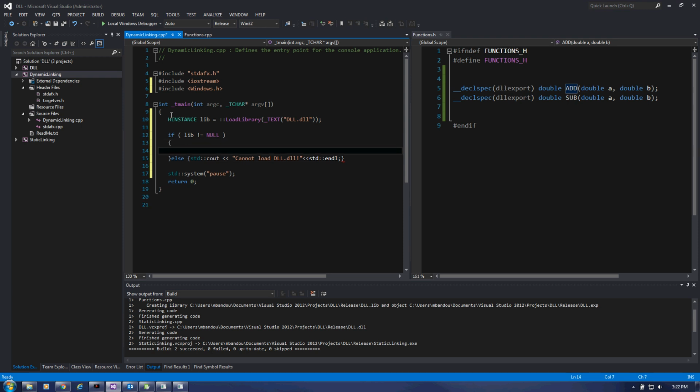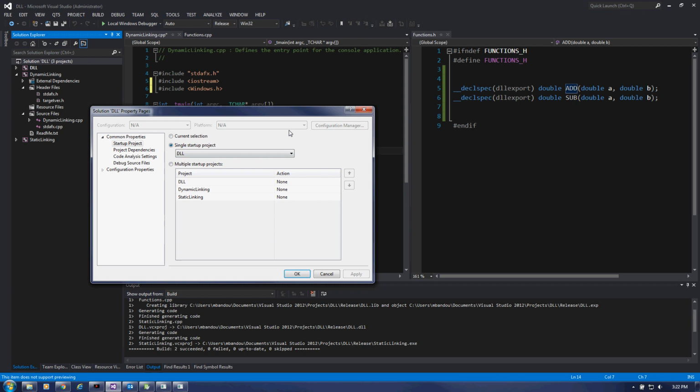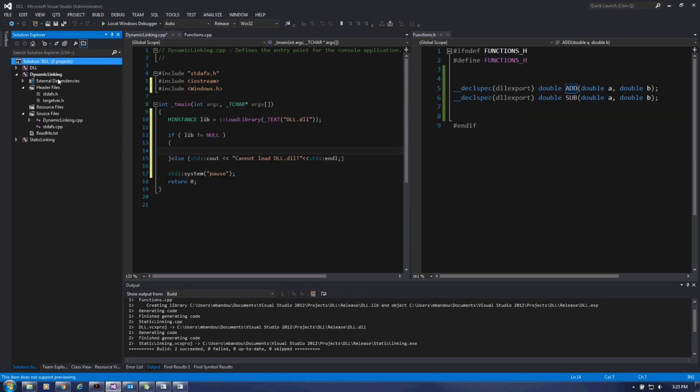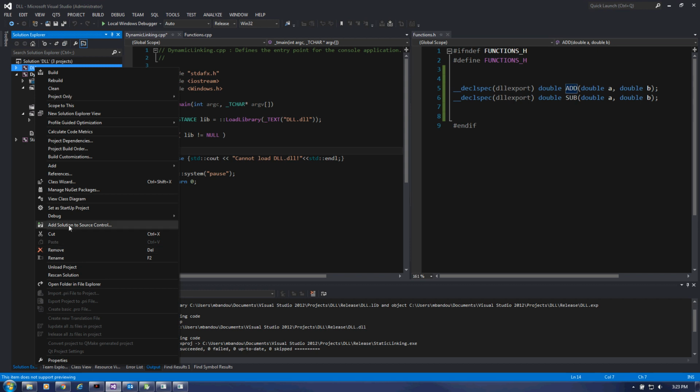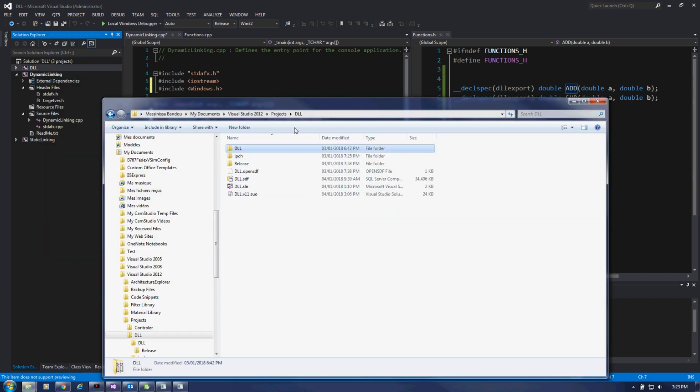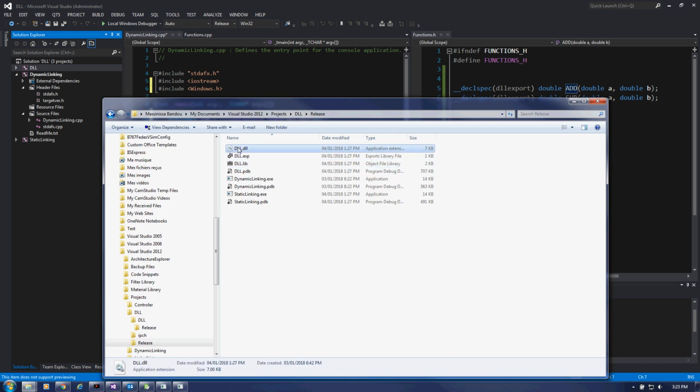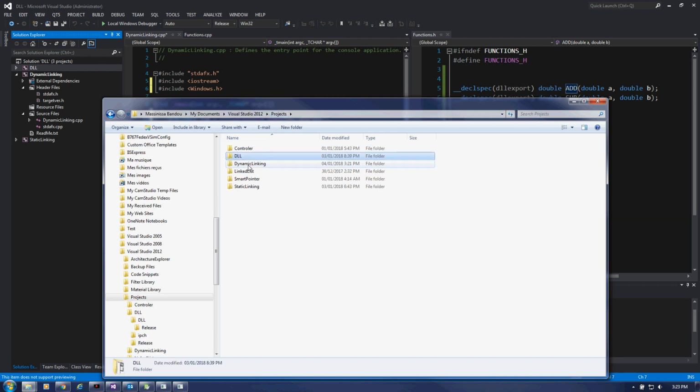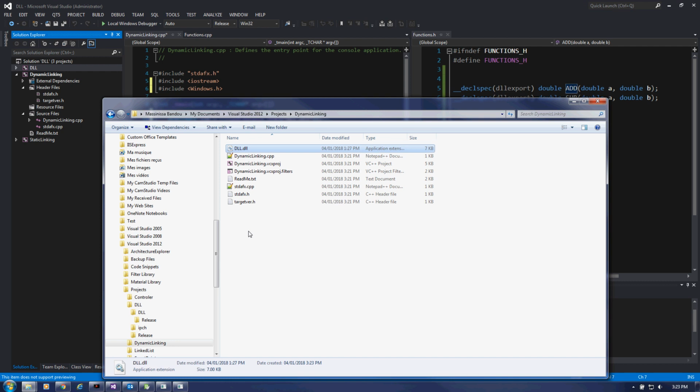perfect. Now the thing, since I don't have the path here of my DLL, I'm gonna just copy paste it to my dynamic linked project. Okay, gonna go to properties. We're gonna start dynamic linking. I go here, open File Explorer, DLL release, copy this, put it here. Okay, for now,